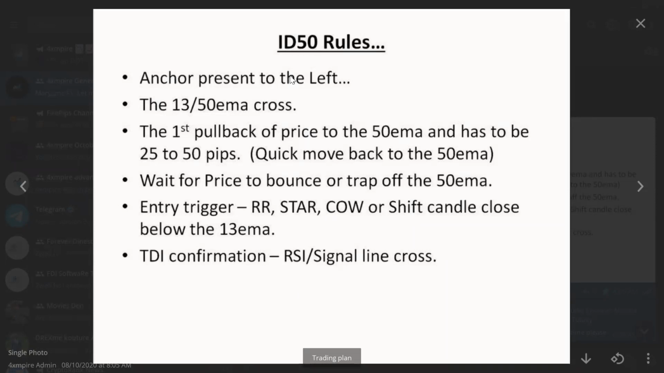Now, it is very simple. The only difficulty is when you don't follow all the rules. If you look here, you see that there are 6 rules to follow. There are 6 rules to follow. So the only difficulty you will get in this trading